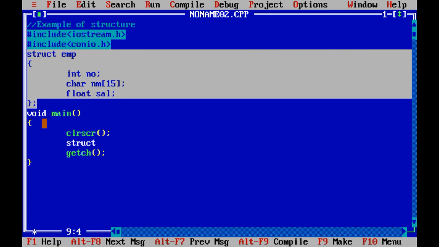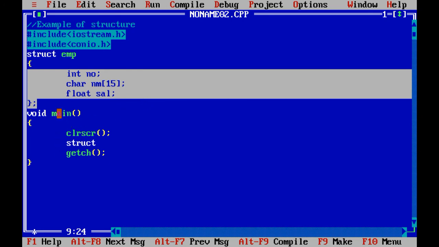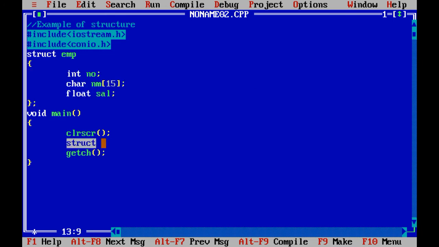But when you want to declare or use this variable outside the structure, or we can say inside void main, at that time you need to define it in this way: struct keyword, then the name of the structure, E1.